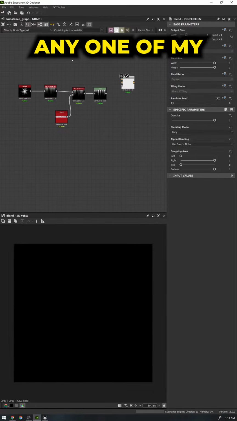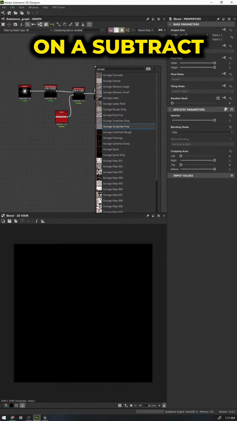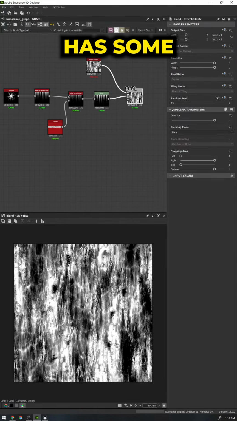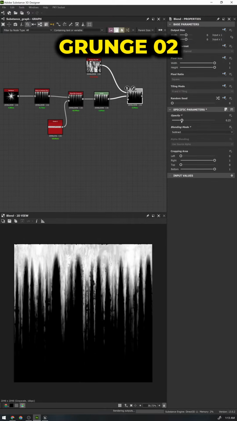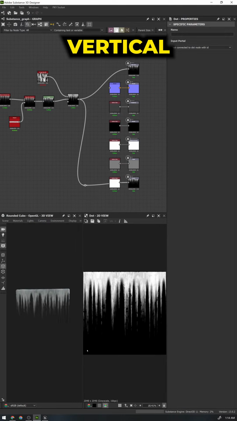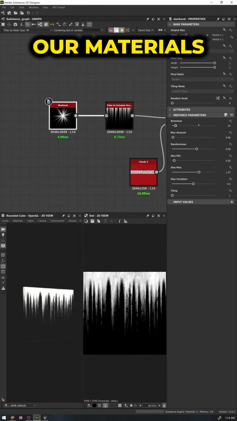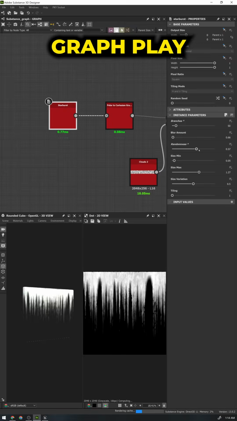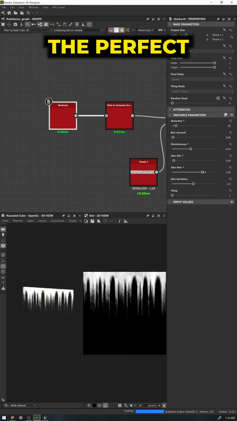Lastly, I will take any one of my favorite grunge maps and blend it on a subtract. I recommend using a grunge that already has some vertical directionality like Grunge 02. As you can see, we now have some nice vertical leaks that we can utilize across any one of our materials. You can now go back to the beginning of the graph, play with the parameters of the starburst, and get the perfect result every